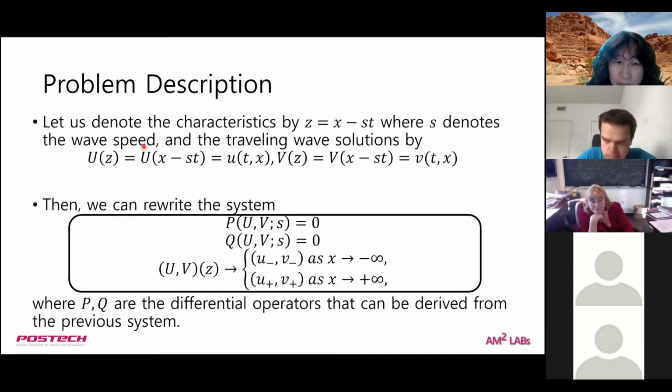Then with this traveling ansatz, we can rewrite the system as an ODE system like this. This is an ODE, you can see. And P and Q are the corresponding differential operators derived from the previous PDE system. Okay, let's see. And then,